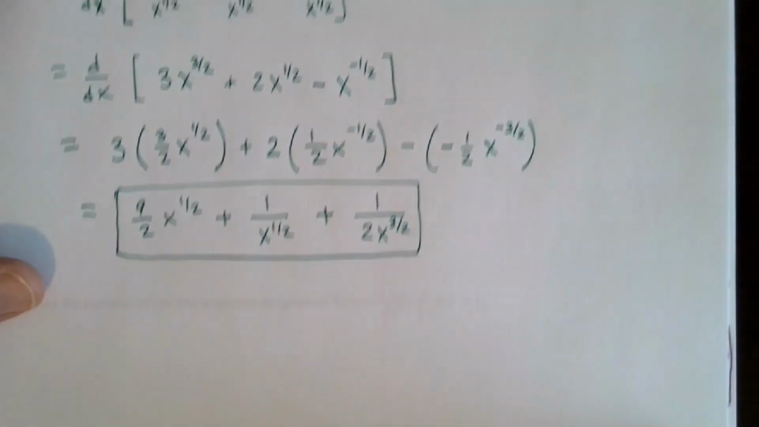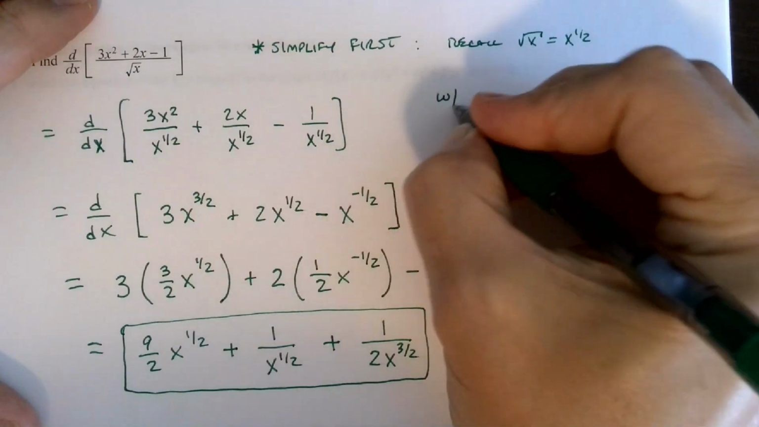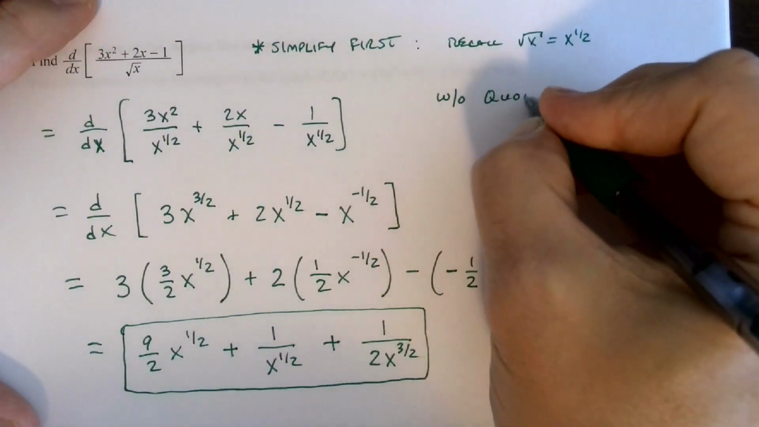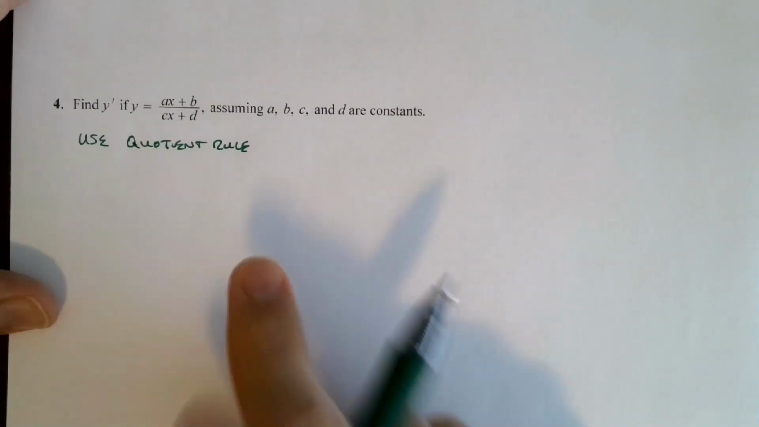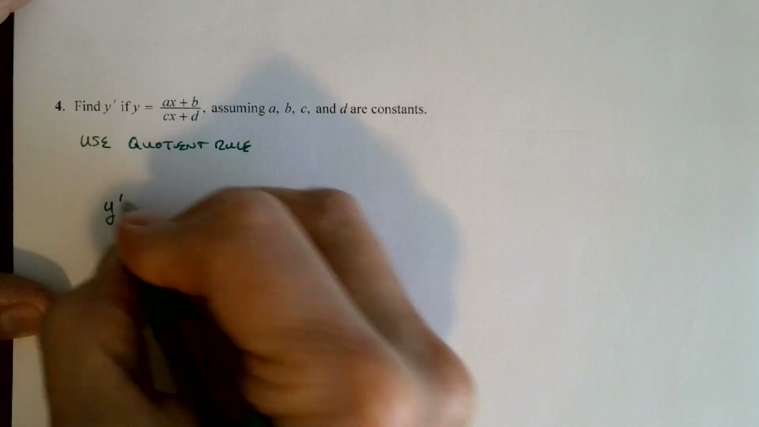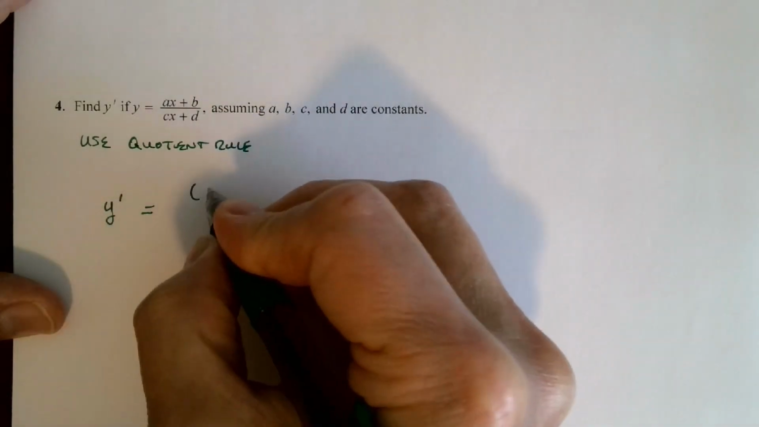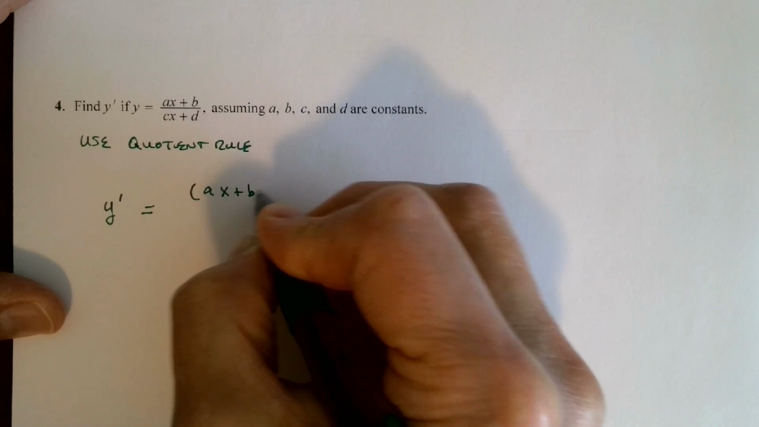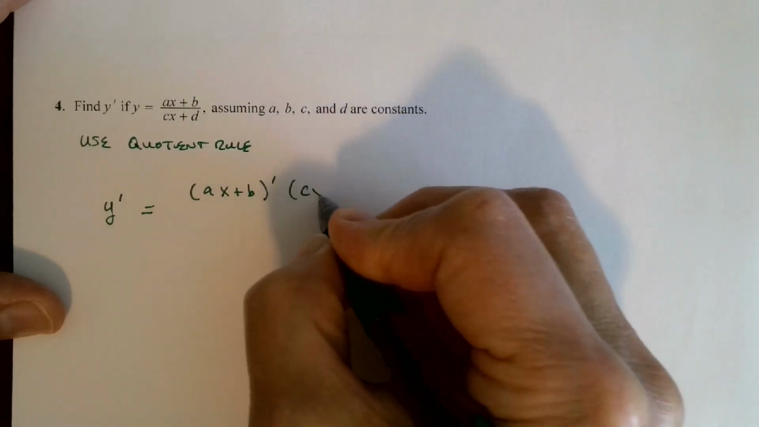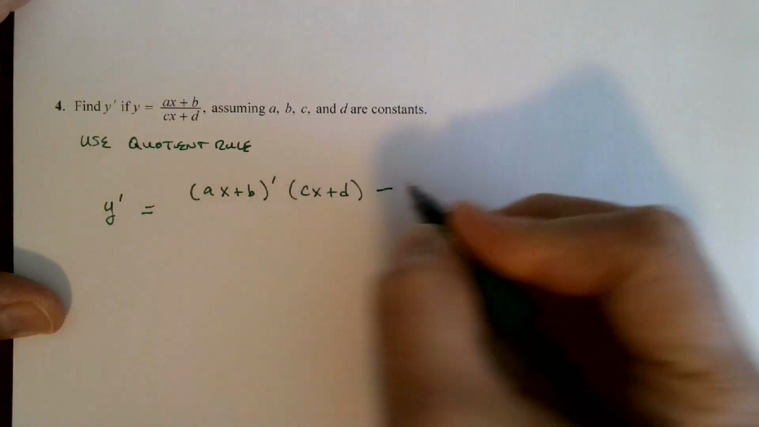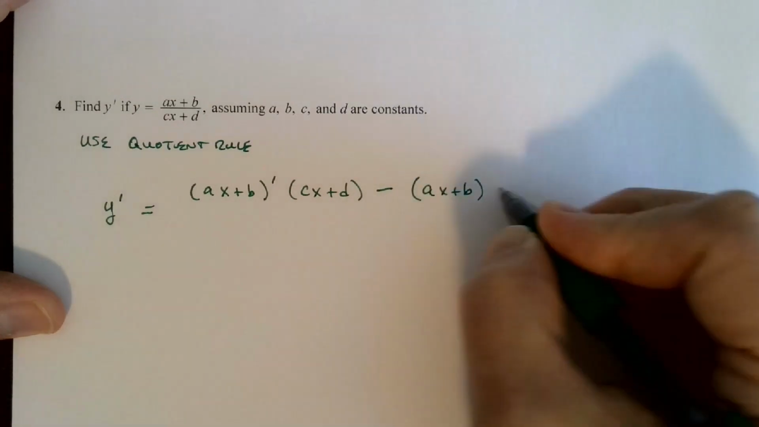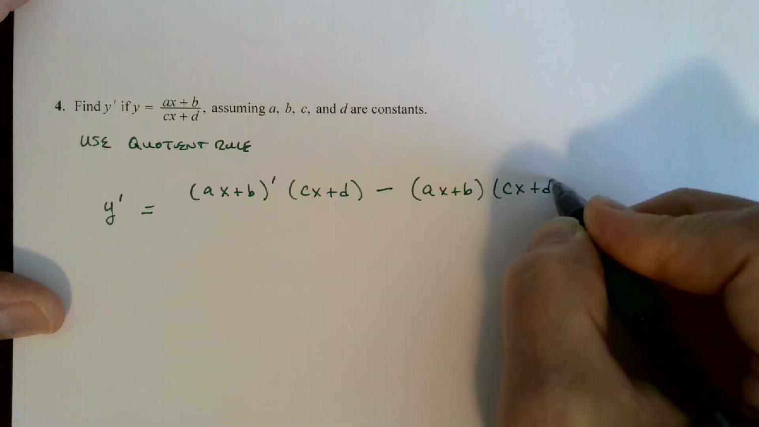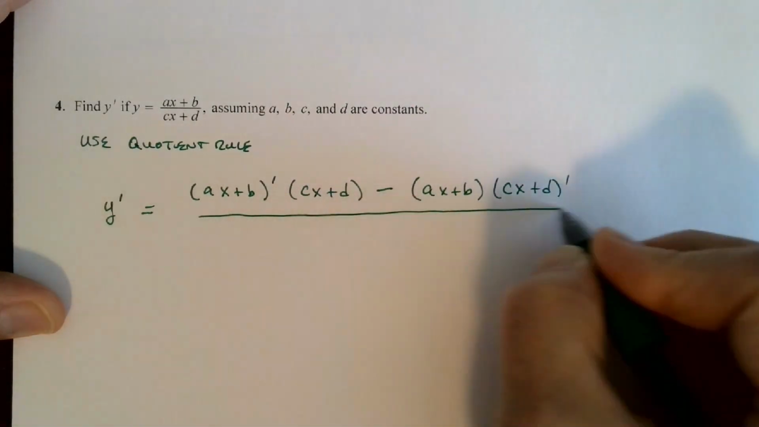Let me just remind you here, this is without the quotient rule. Okay, this one is with the quotient rule. So what do I have? The derivative y prime is the derivative of the top function, remember a and b are constants, times the bottom, minus the top function times the derivative of the bottom, all over the bottom function